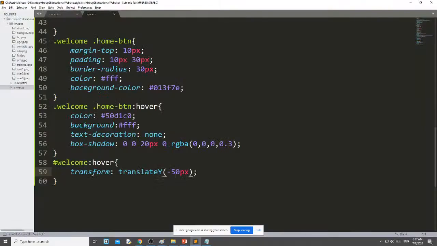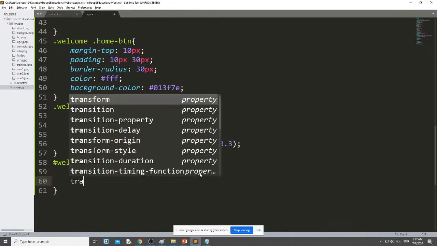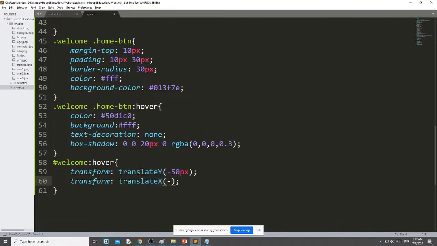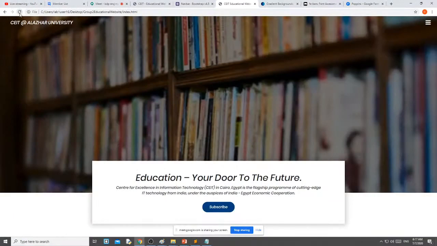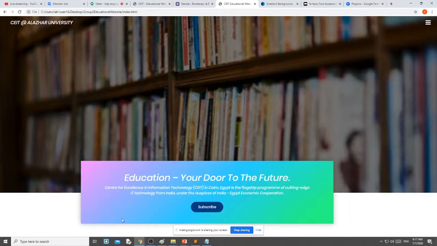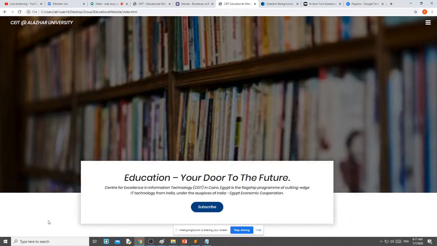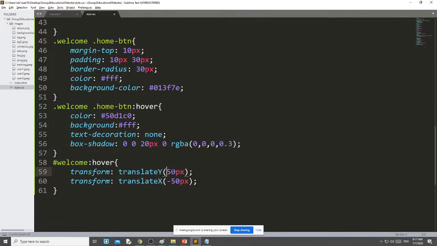And if you want to move in both directions, then again you can write transform, translate x axis, suppose minus 50 pixel, but it is not needed, but you can see it moves top minus 50 and left minus 50. If you want to move right and down, then you just use the plus, don't use minus, just this plus.